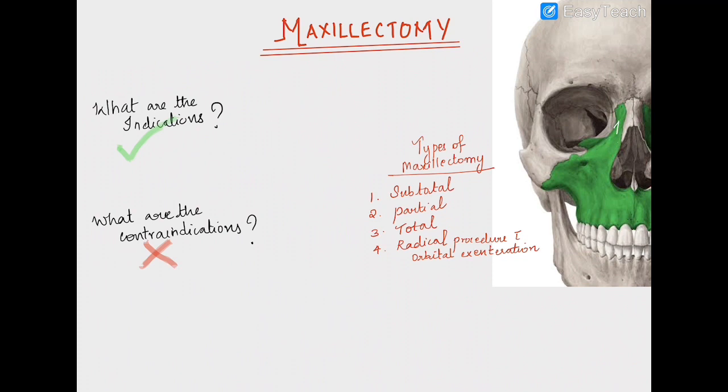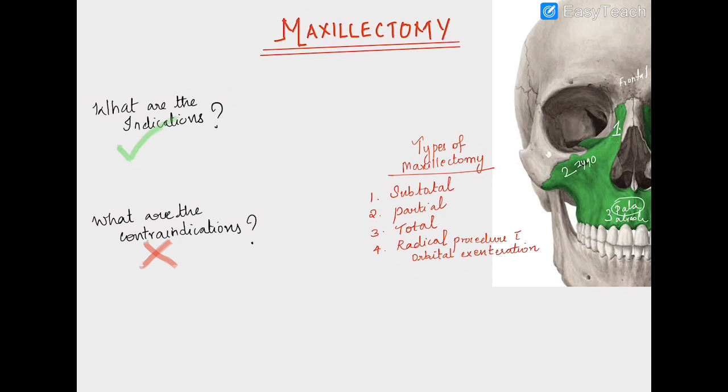The first process will be the frontal process, which is going to be in close proximity with the frontal bone. The second process will be your zygomatic process, which will be in association with your zygomatic bone. The third process is the alveolar process, which is going to contain your maxillary teeth. And posteriorly, the maxillary bone is also going to have your palatal process, which is going to be in close proximity with the palatal bone. So maxilla has four processes: frontal process, zygomatic process, palatal process, and your alveolar process. So this one will be posterior.